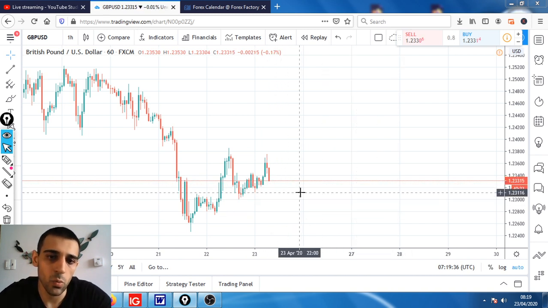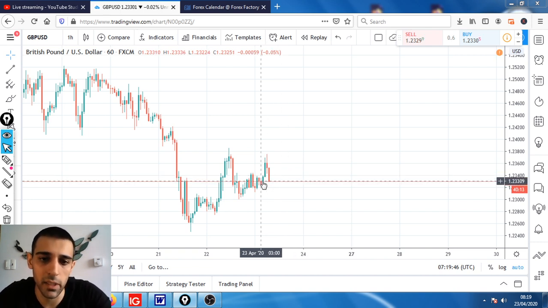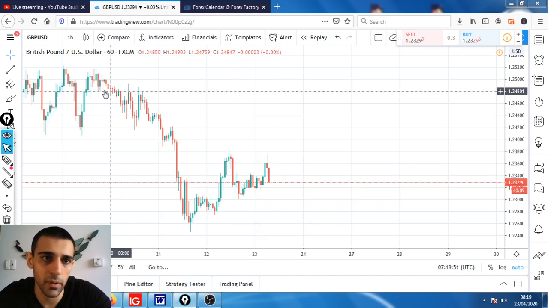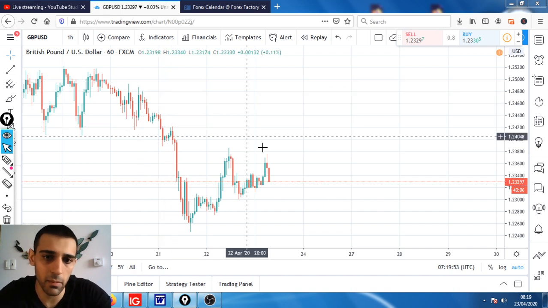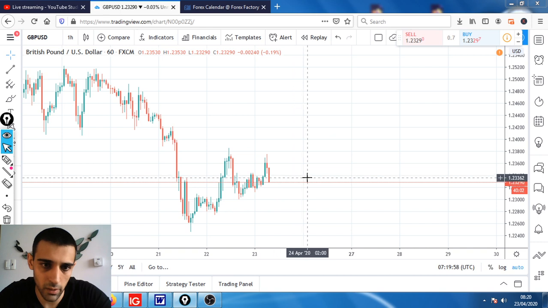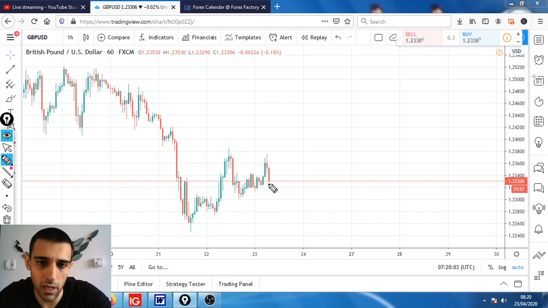But the one thing is we need to wait for this candle to close. Give it another 40 minutes before the candle is closed. It's coming down nicely, so it does look strong. I do believe it's going to have a follow through down to maybe the area I mentioned earlier. But we need to wait for this one to close, and then we're going to look for the retracement. It depends how far this candle goes. If it comes down all the way and closes nice and strong, then for the retracement,